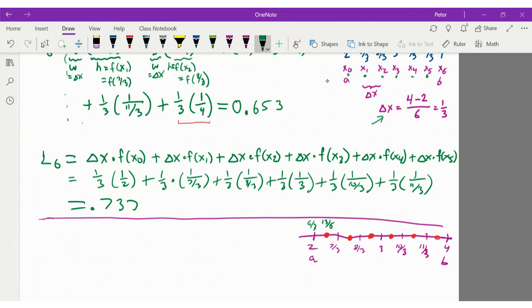The average of 7/3 and 8/3 is 15/6. Then 17/6, 19/6, 21/6, and 23/6. So that gives me the midpoints. These are the center points: C1, C2, C3, C4, C5, and C6. I think it's easier to understand the geometry of where they come from rather than worry about what their names are. So in this case, M6 is equal to 1/3 times